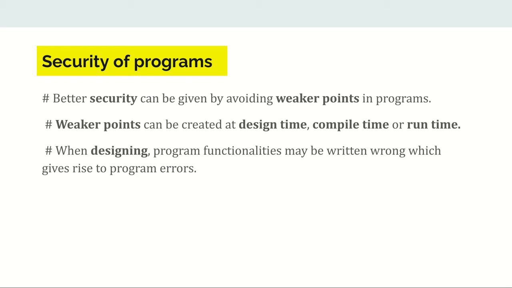Weak points created at design time arise when the software system is designed. Compile time is after designing the software, when it should be compiled so the computer can understand it. We write programs